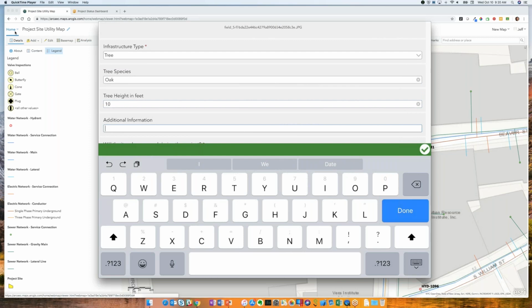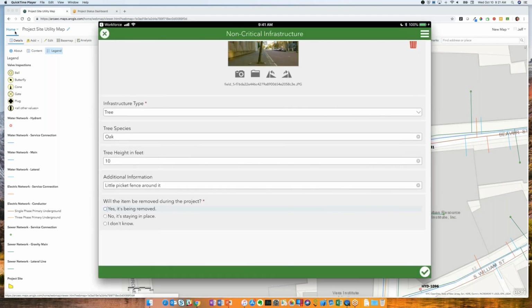And I can say that there is a little picket fence around it. Now we could have used the Siri integration if we wanted to enter that information too. And I'll say that no, it's a really lovely tree. We actually want it to stay in place, so we want to keep that as part of the project work